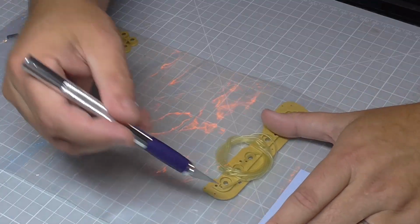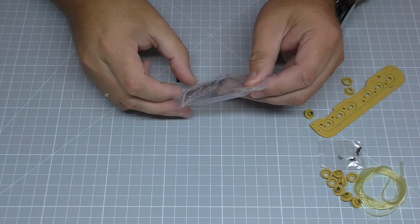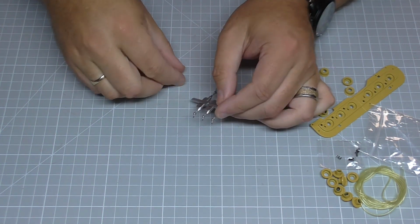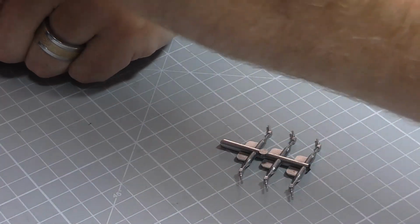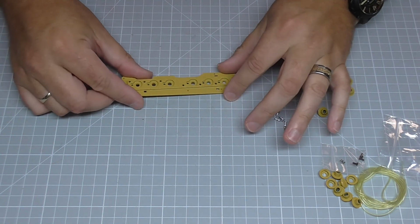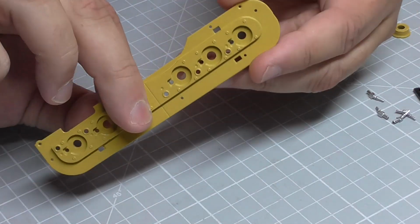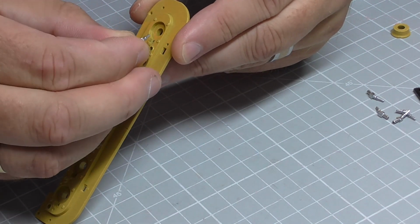So it starts with stage 57. Let's get that open. As you can see, we do have these little injectors on a sprue here. We also have a cable guide here that looks just like that. So I'll get these off the sprue. Now these are going to be going into this section here. When we push them in, they are going into the little tiny holes that we can see just inside this circle bit here. So if I put one in,